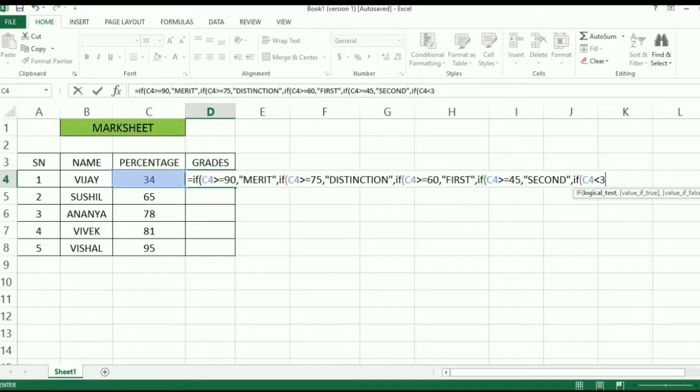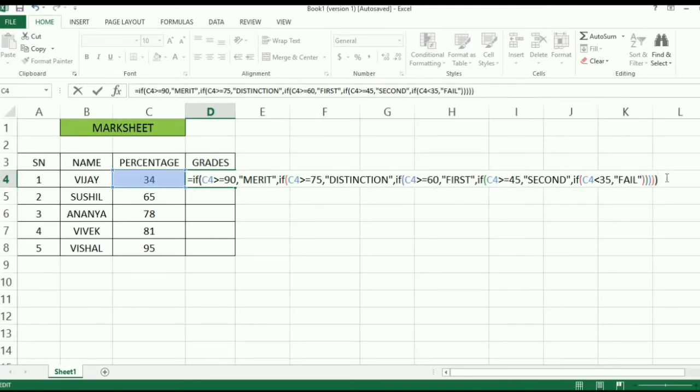Now again, if C4 is greater than or equal to 60, in double quotation marks there will be first. Now again I have used an IF statement. If C4 is greater than or equal to 45, separated by a comma, I have written in double quotes second class. Now again I have given a comma and the IF function,